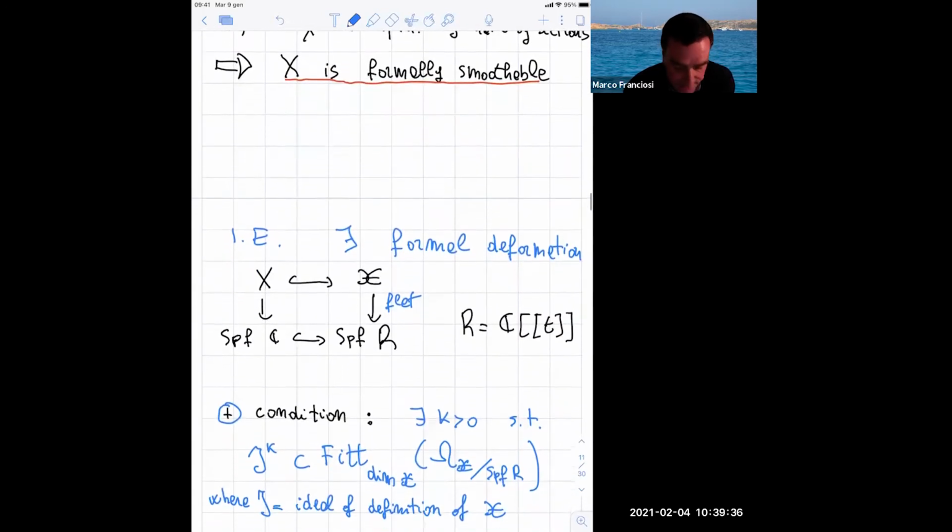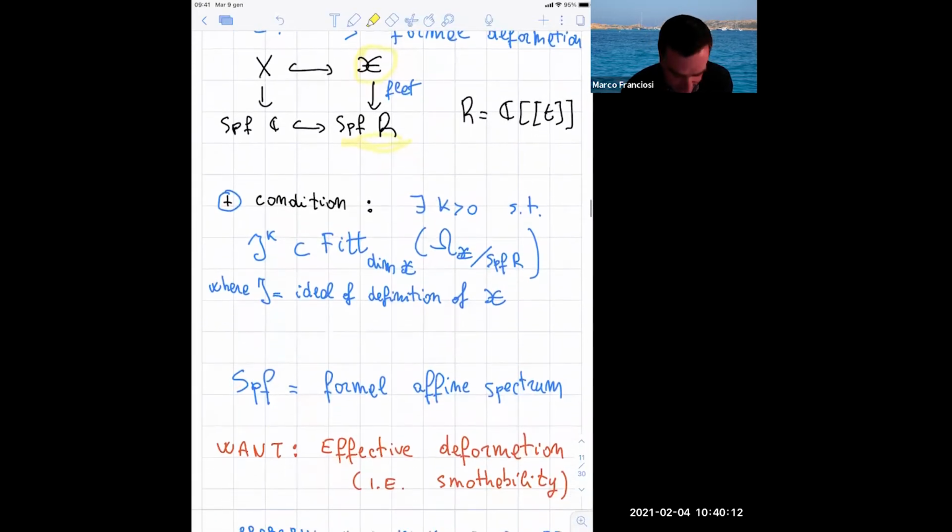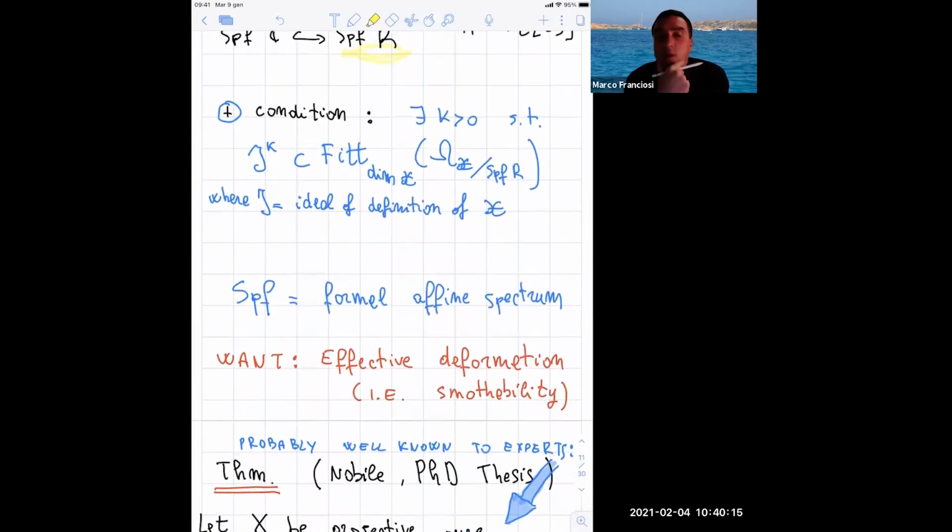I don't want to enter into details, but this means that we have a formal deformation, which essentially means that we consider the formal affine spectrum instead of the spectrum, and we have a condition on smoothability over X bar, which may be written using the Fitting ideal. And this means a formal deformation. I don't want to enter into details because we need effective deformation. We work in the category of